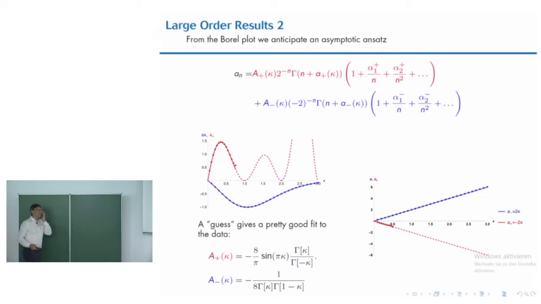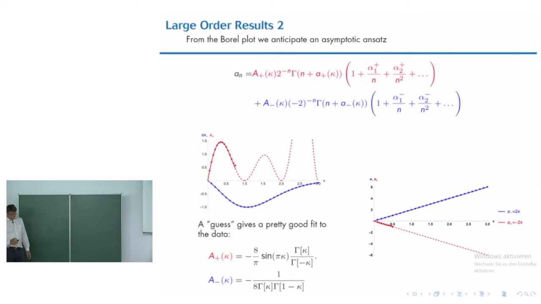That was brilliant. And then I can talk about it. And also we have a prediction for the red one as well, which is a bit less good for reasons I'm not fully understanding yet. We also know what these A plus and A minus are. They're just 2 kappa and minus 2 kappa. Why is the product 1? Why is A plus times A minus...? No, the product isn't actually 1. They have to do with the S matrix. They're obtained from the S matrix in some complicated way. I'll try and explain.